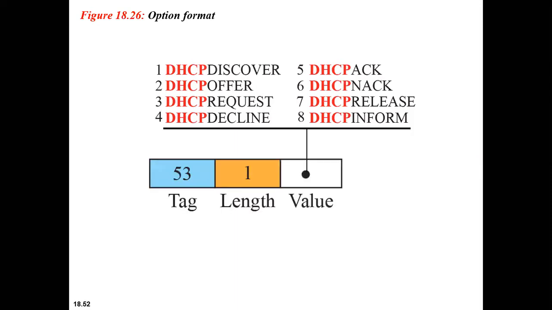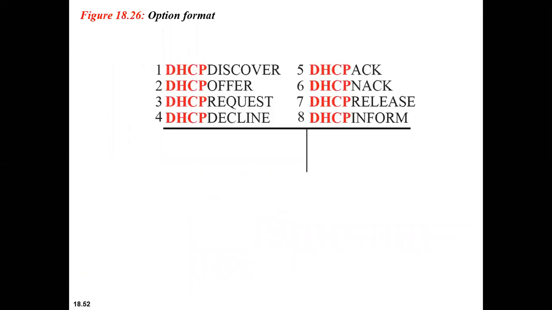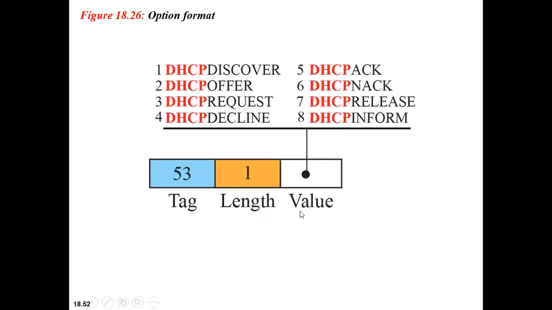Okay. So now consider an example, the format. It is basically divided into 3 fields over here. The first field talks about the tag. The next field talks about the length, and the remaining field talks about the value. So this is basically the first byte, second byte, and the remaining bytes. How many bytes is it? 64 bytes, I already told you, correct? The first byte talks about the tag, the next talks about the length, and the next talks about the value. Consider there are various tag values.